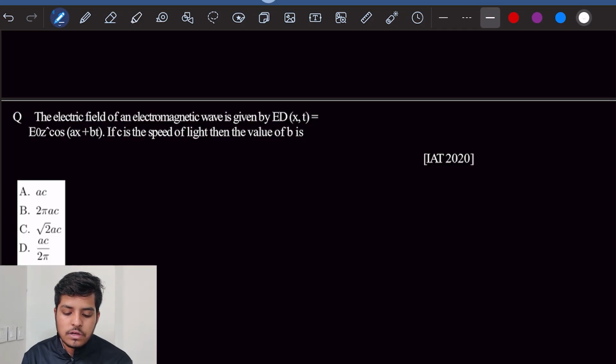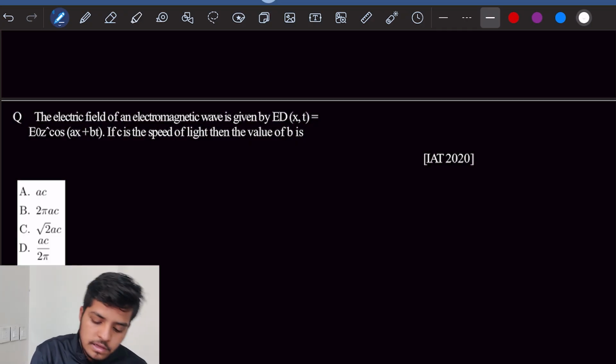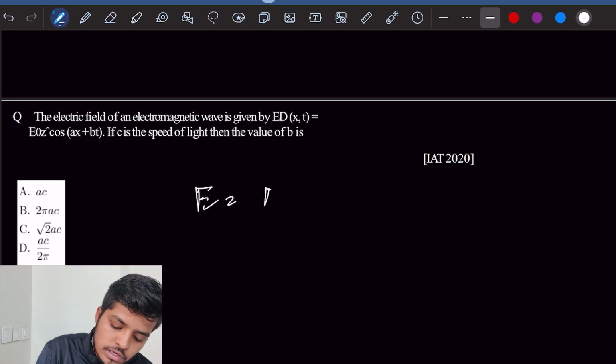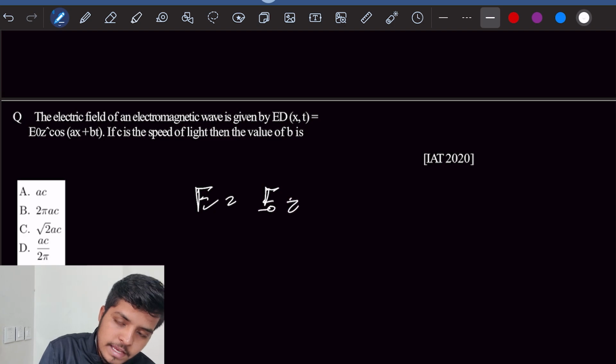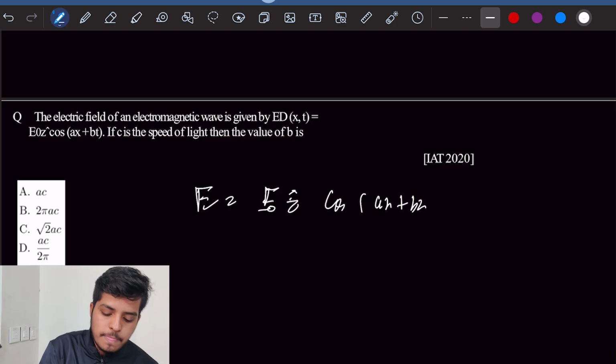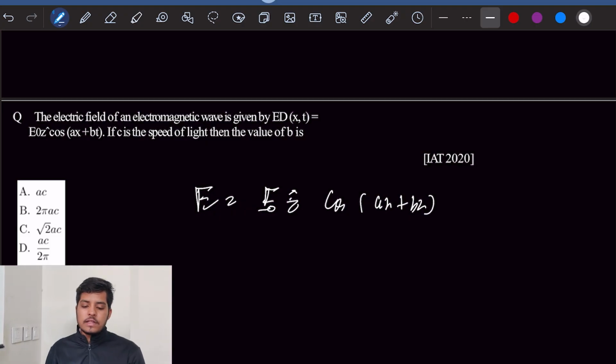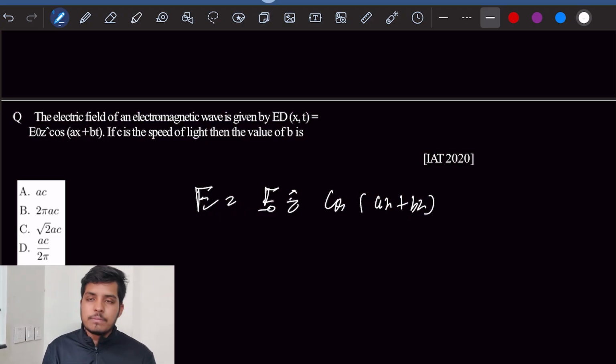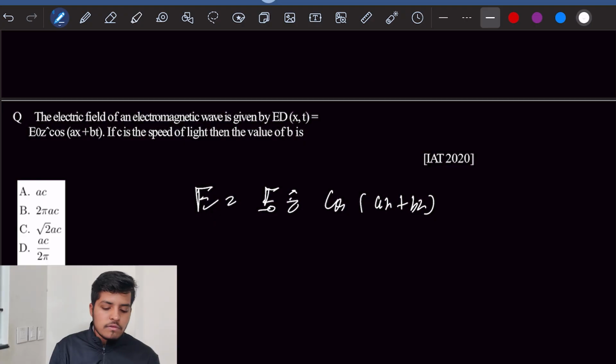The electric field of an electromagnetic wave is given by electric field equals E naught z cap cos of (ax plus bt). If c is the speed of light, then the value of b is? So it's completely based on a formula. We know that